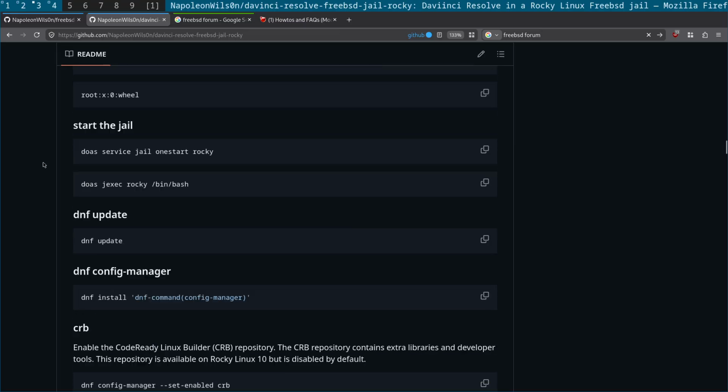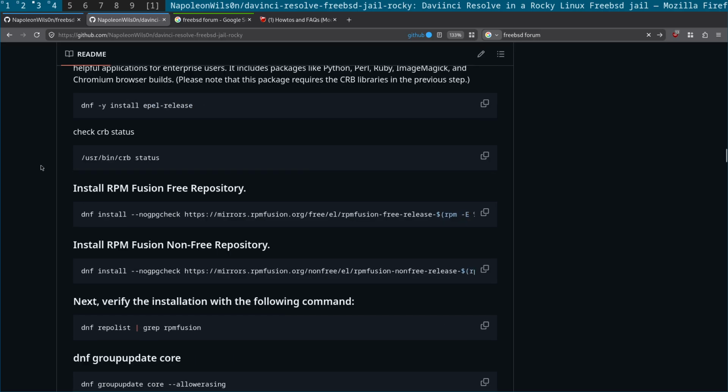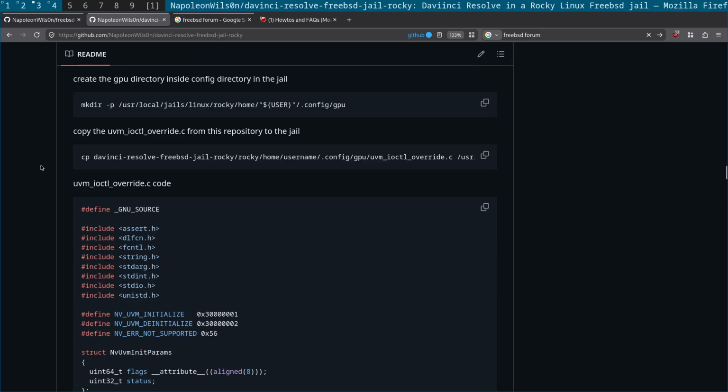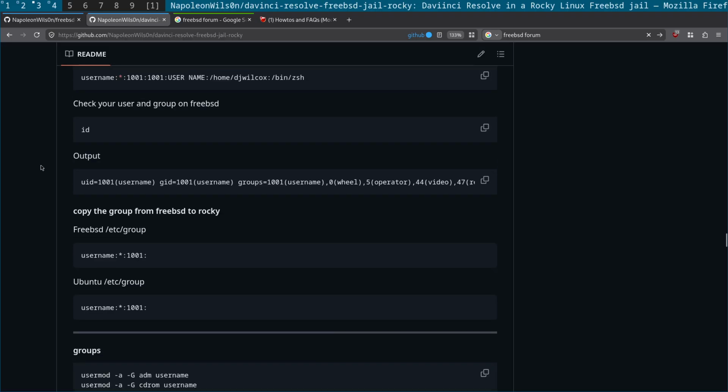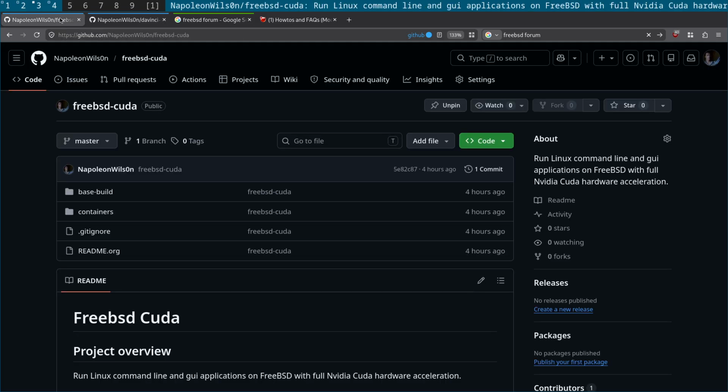You've got to manually run dnf update, install things, create directories, all that kind of stuff, right? It's possible, and that works, but it's not the most user-friendly way of doing things. So the advantage of using Podman is that it's distributable. You can distribute the applications and